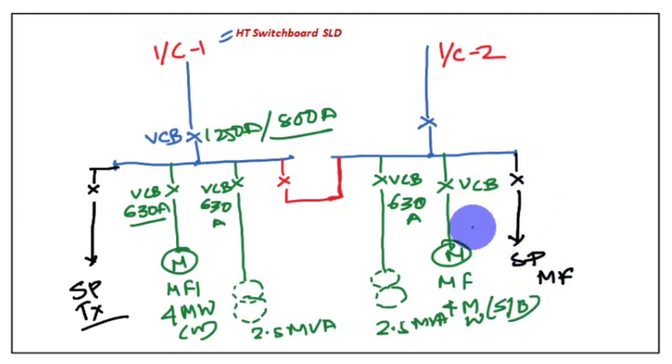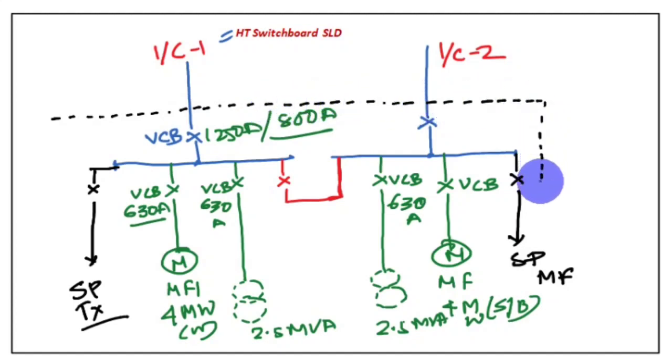Now what is the concept of the spare motor feeder? This feeder is completely equipped. That means all the metering, protection, relay, whatever is there shall be present in the cubicle. Okay. So this is the basic representation of a switchboard. Now when you are drawing the switchboard, you need to enclose this because this comes under a panel, a vertical. So this should be enclosed. Okay. If you don't enclose, this will not make any meaning.